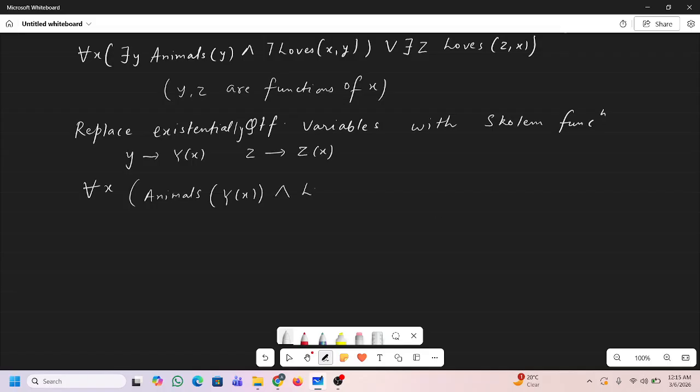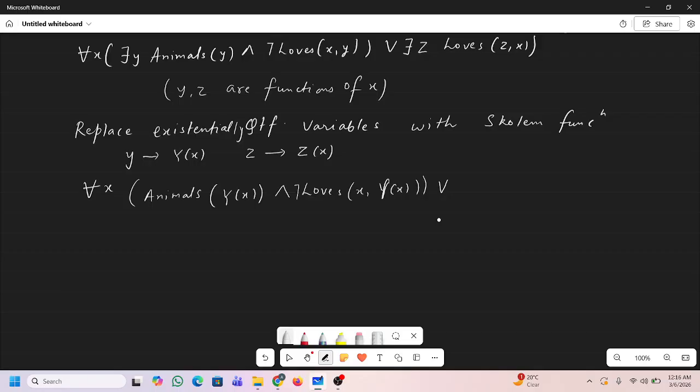Then loves. Okay, there was a negation here, so loves x comma f of x comma y of x. Okay, and then I'm going to close it, and then we are having